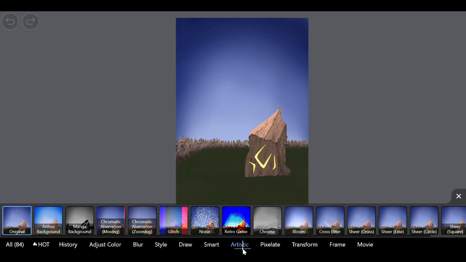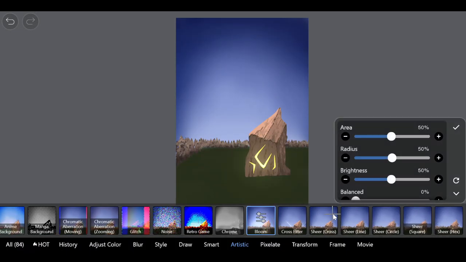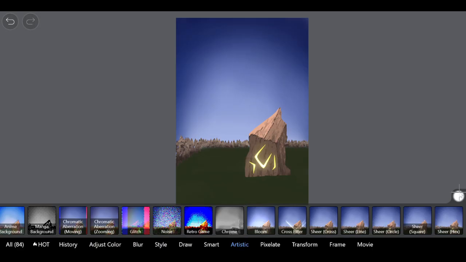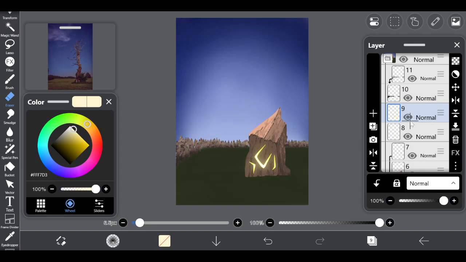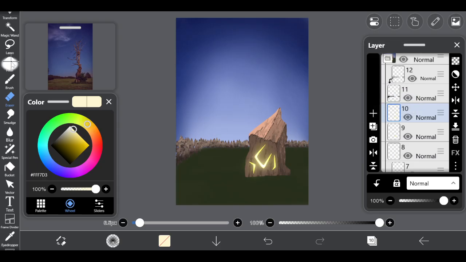Artistic bloom. Area, radius, brightness, bring up the brightness a bit more, and okay, go to duplicate, maybe filter,